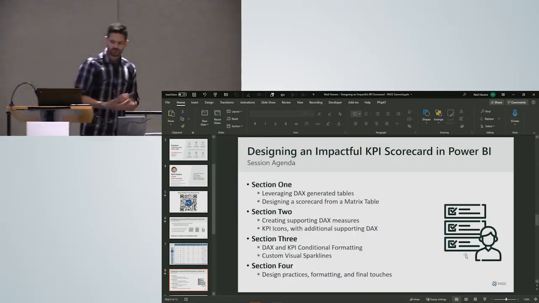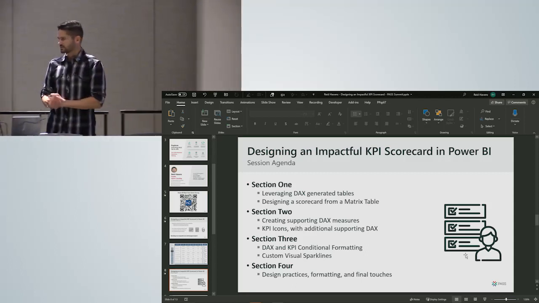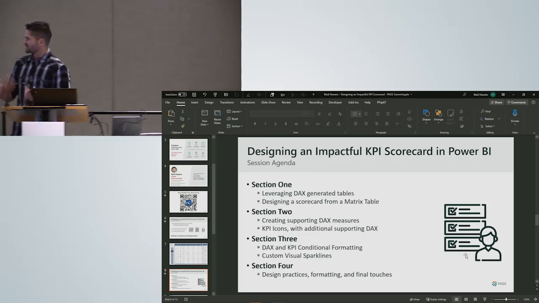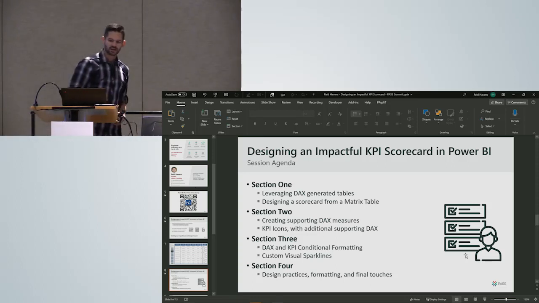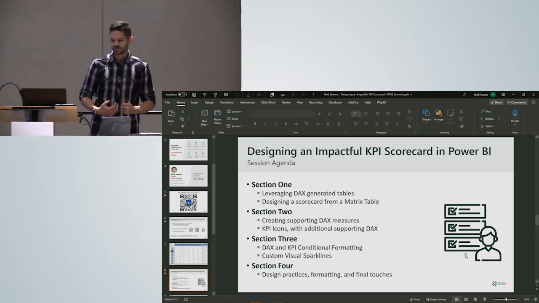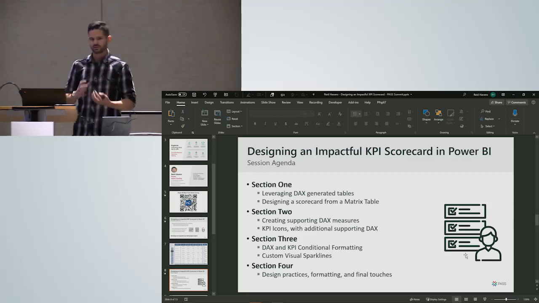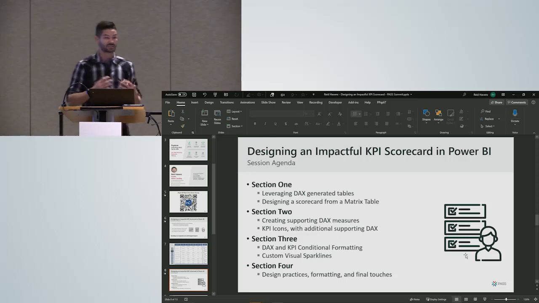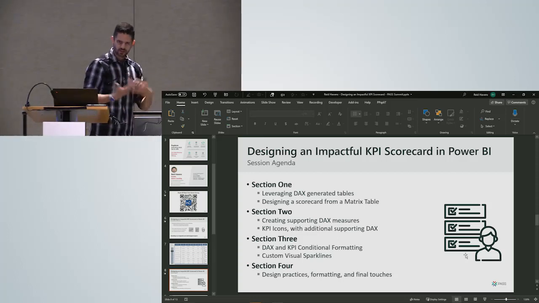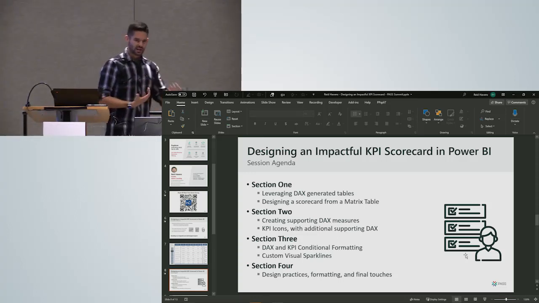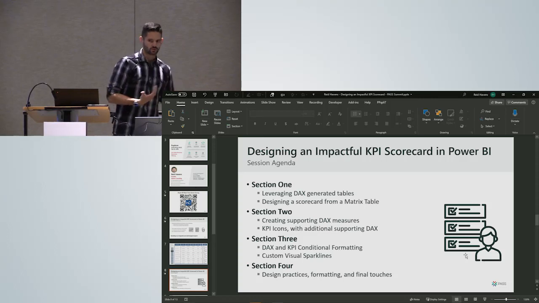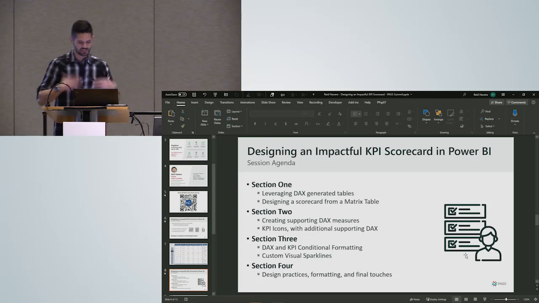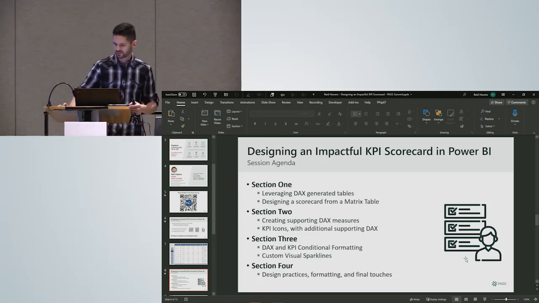So, breaking it down into 4 sections. The primary things that we're going to be doing here is going into some ideas of leveraging DAX calculated tables to build that matrix table that we saw. I'm also going to show you a lot of really unique techniques to use with DAX to help with some formatting and especially field values. And then we're going to continue our way through that, starting to add some custom visuals by the third quarter of this presentation, and then some final polish and best practices there at the very end. But this is just that nice broad overview that I was mentioning.